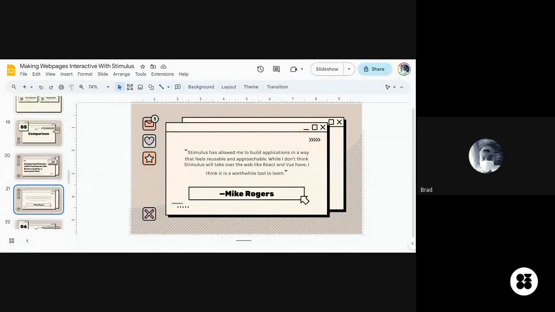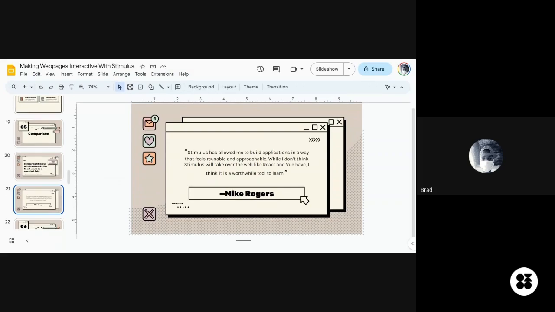Okay, let me just go through this. According to my project, Stimulus has allowed me to build applications in a way that feels reusable and approachable. While I don't think Stimulus will take over the web like React and Vue, I think it's a worthwhile tool to learn.